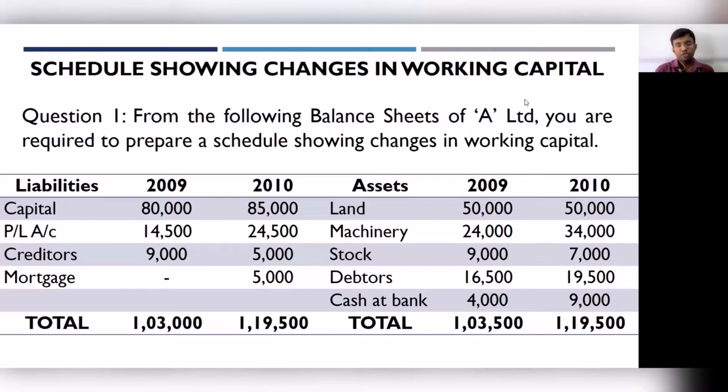So now we would be focusing on numericals, where we would be preparing the schedule showing changes in working capital. And the question goes like this: from the following balance sheet of A Limited, you are required to prepare a schedule showing changes in working capital. They have given us the balance sheet with the liabilities and assets, for 2 years, 2009, 2010. And using this information, we are required to prepare the very first step, which is the schedule showing